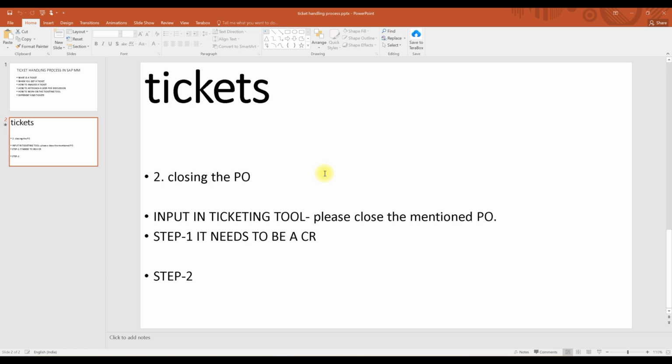In another situation, let's say you have ordered material X for 100 quantity. After purchasing, let's say 50, 60, 70, 80, this much quantity you have purchased, there is no requirement for that product anymore. Now you have to close that purchase order. Otherwise it will be considered as an open purchase order, and the system will be searching for the goods receipt,